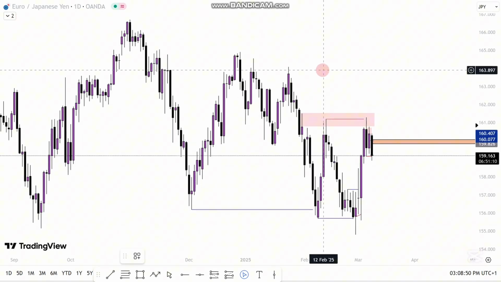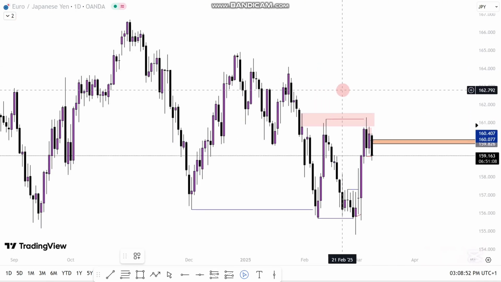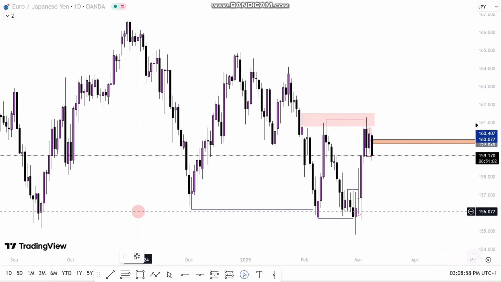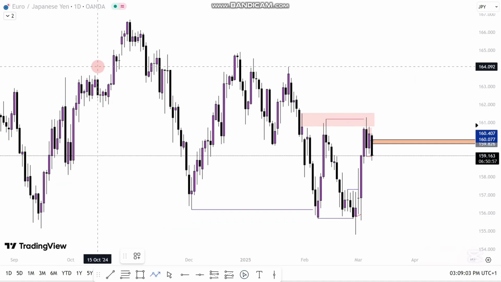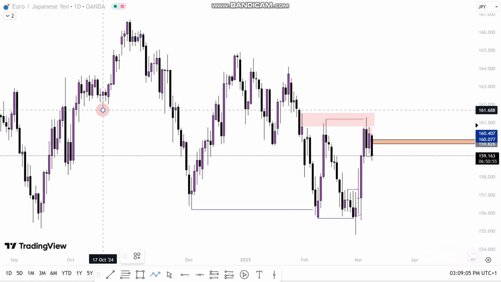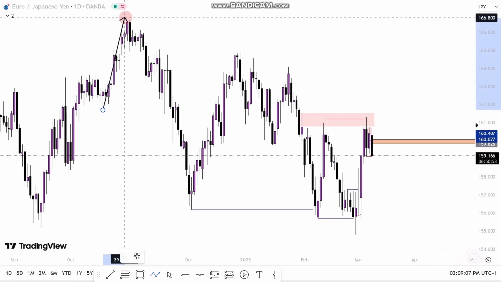So looking at the GBP JPY on the daily time frame, this price action is very simple for me, and that is why I get to engage on this trade. Okay, if you look here on the daily time frame, price has been giving us that higher high, higher low, higher high,